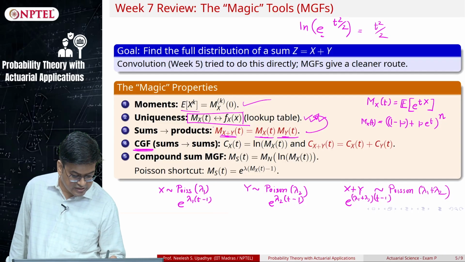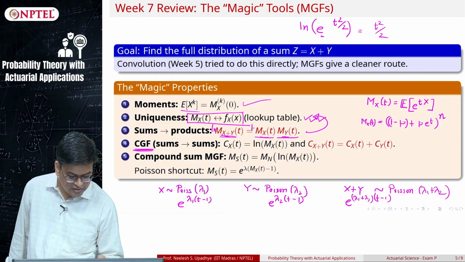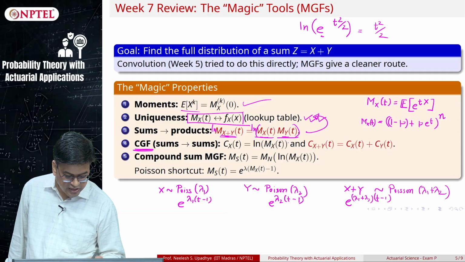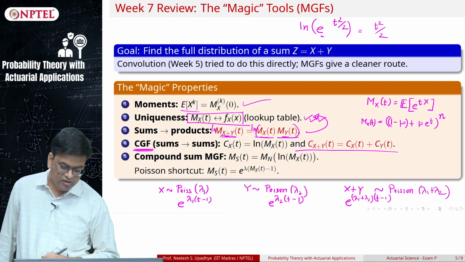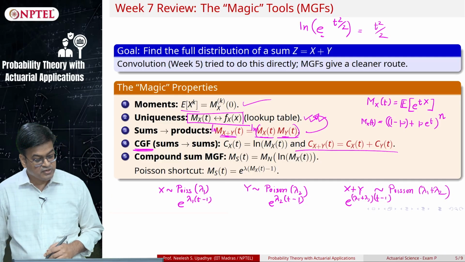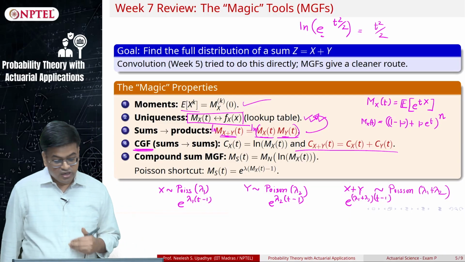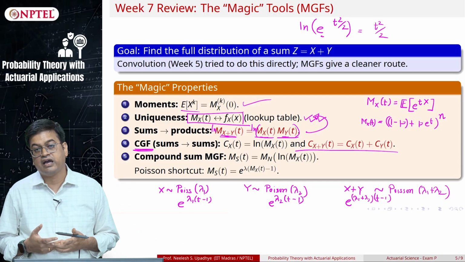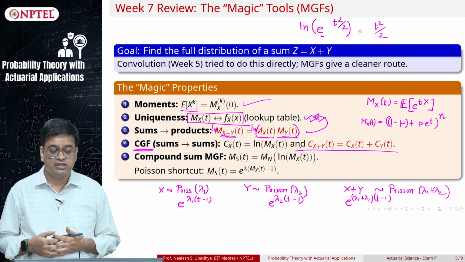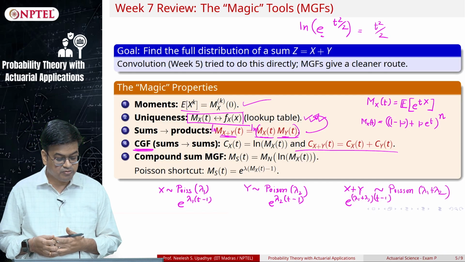So what I can do is, I will simply take ln of this, and what I get, if I take these ln's, is a simple formula for this. Okay. Now came our boss problem, which is the compound sum. And can I have a similar flexibility for solving the compound sum problem?